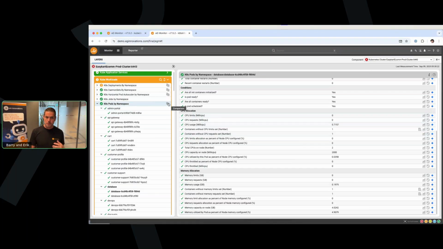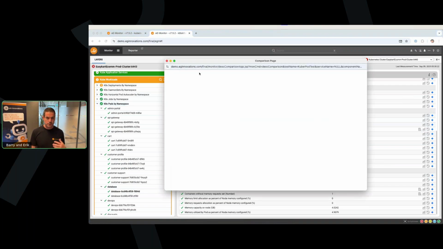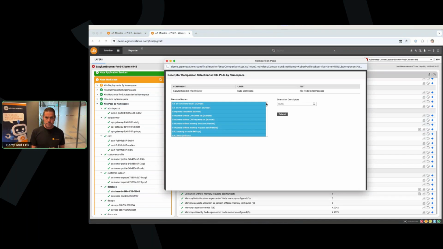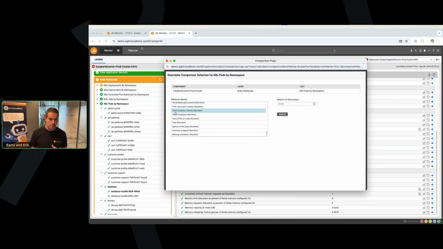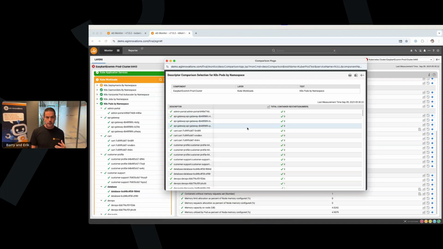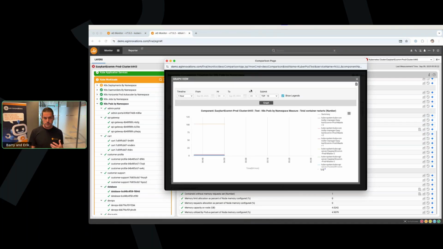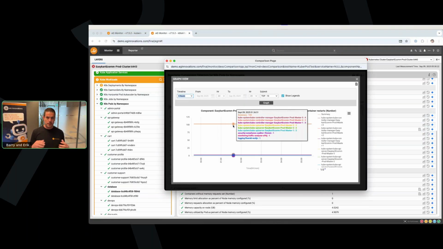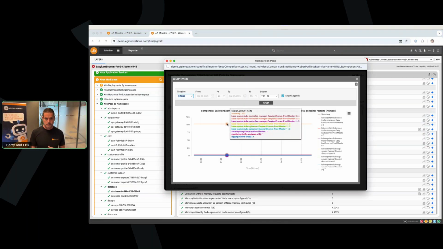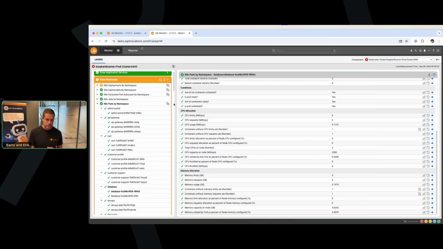Now what you could do is maybe think, okay, but we saw a lot of container restarts and I want to see if there's a certain pattern or get a sense of that. That can be done using the reporter or using widgets in dashboards, but it can also be done over here. So if we look at maybe the total container restarts within the whole cluster, then I can just click on a graph icon, choose maybe a longer timeline, and then exactly see at what time how many container restarts there were in total, and also of course, if there are certain pods that pop out with container restarts.